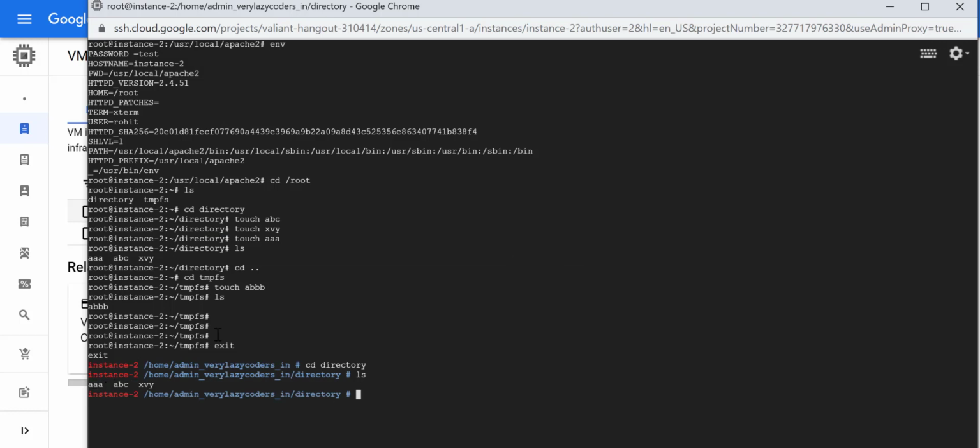Even in case this particular container goes down, you still can access these files because this particular directory will not be deleted. That's how you can create a directory volume within your particular container. And similarly, you can also create a temporary file system. The only difference is that this particular temporary file system will be available only as long as your container persists. So that's it for this lecture. In the next lecture, I'll show you how you can use your disk volume. So I'll see you there.